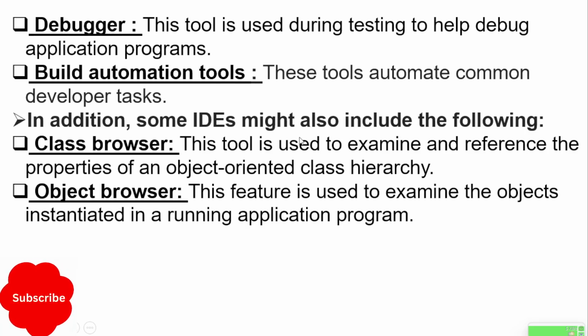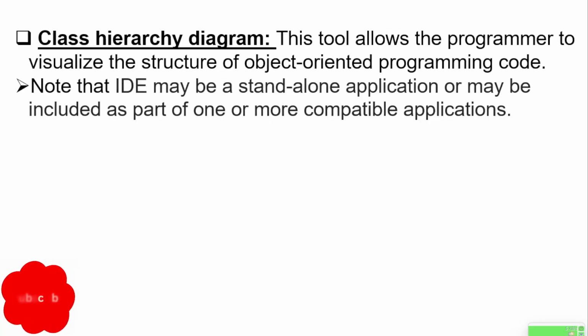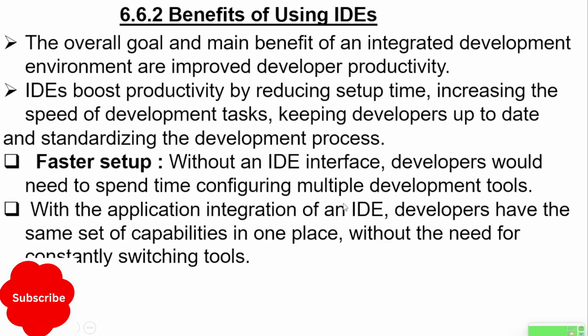In addition, some IDEs might also include class browsers and object browsers, built with a specific IDE that has a library of built-in functions and other properties that help us when writing and preparing a program using an IDE. Class hierarchy diagram gives you